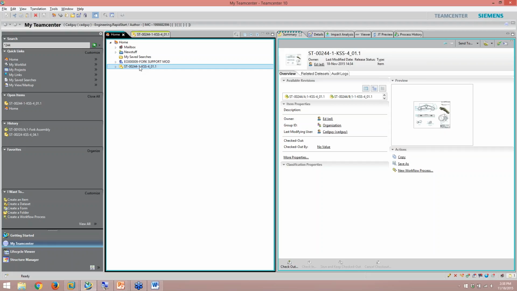We have time for one final question. Is it compatible with our ERP? Yes, Teamcenter directly connects to most of the major ERPs out there. If it doesn't, send me an email on what ERP system you're using, and we'll check on the integration.